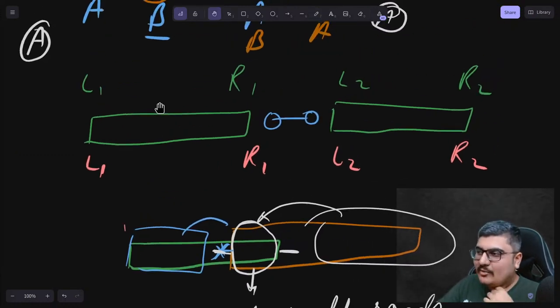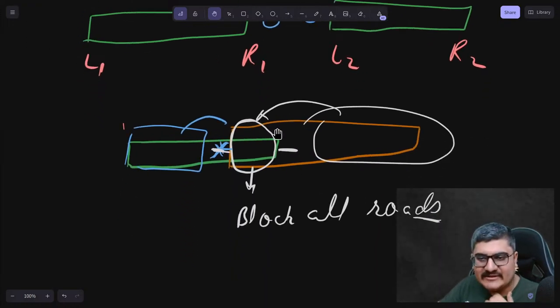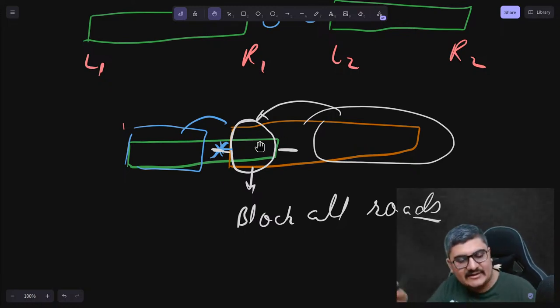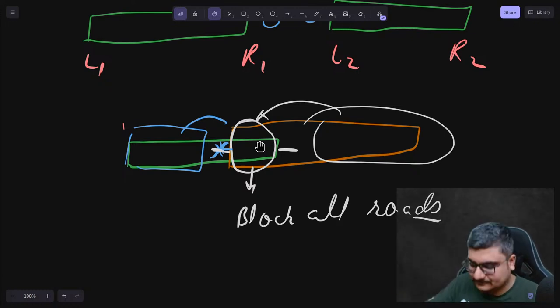In case Alice and Bob do not have any common point, just block one road which is between the maximum coordinate of one of the points and the minimum coordinate of the other point, so that we can directly print one. Otherwise, if both of them have some common places where they both can be at, then in the common area, all the roads should be deleted, because anyone can be at any point. And if you have any road which connects them,